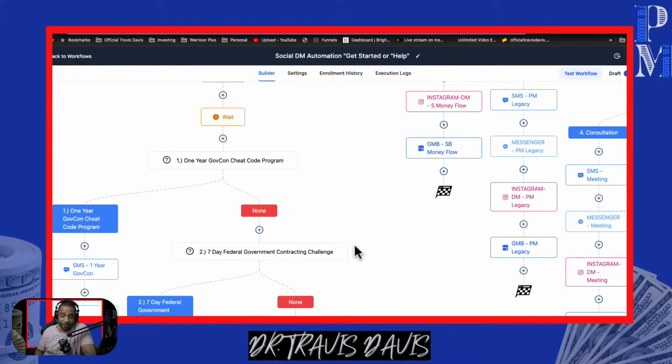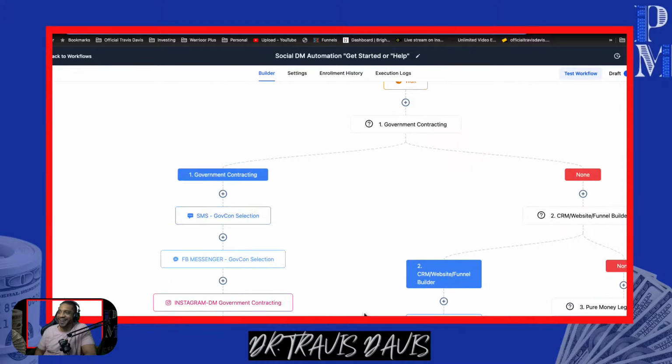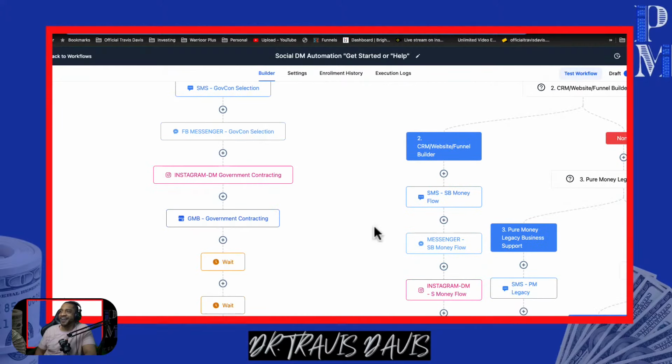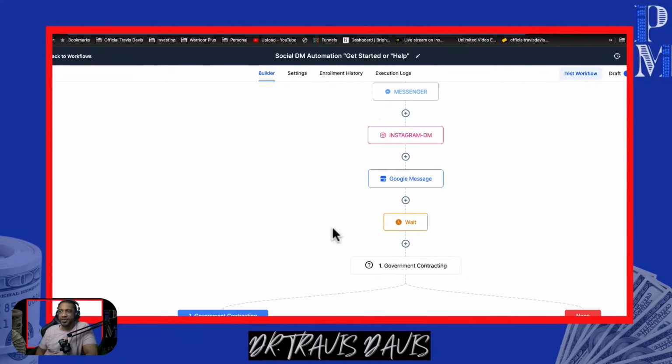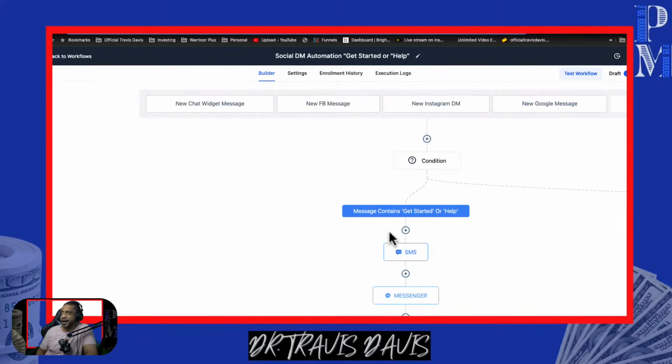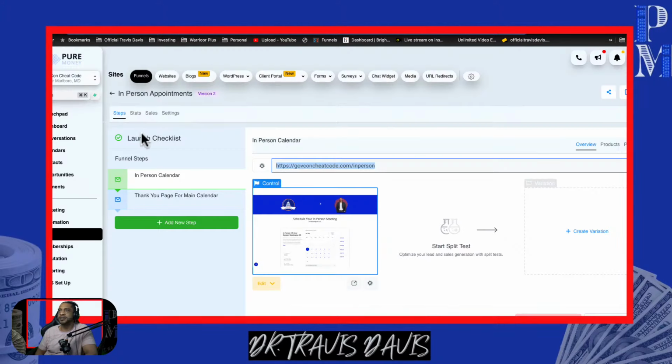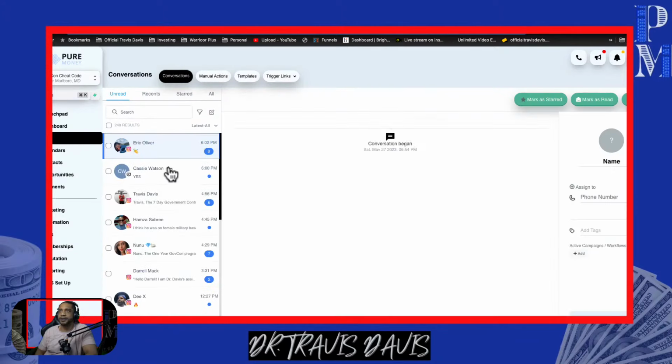But this stuff works, okay? As you guys can see. And again, the sky is the limit for what you want to do. I'm just showing you guys how I built my automation out. So let's go ahead. Matter of fact, I can do this. So I played around with it. Let me go to my conversation so you guys can actually see how this thing has been operating.